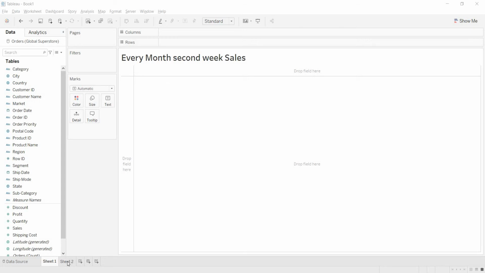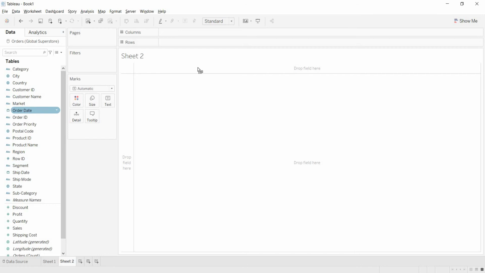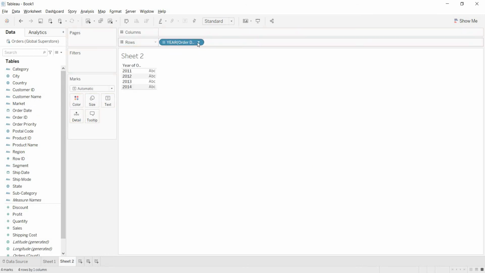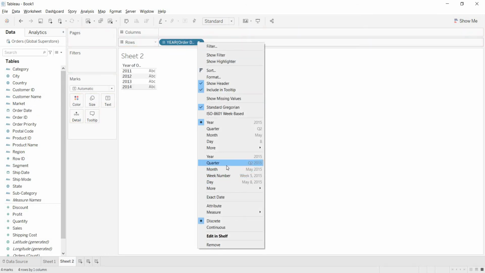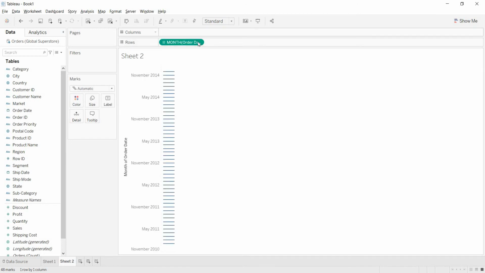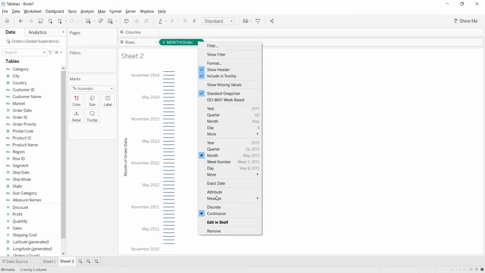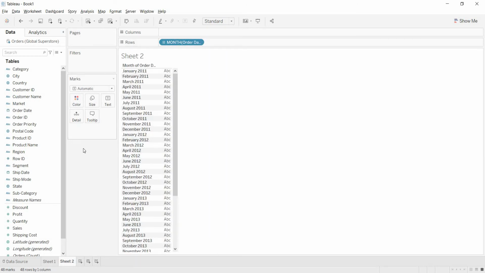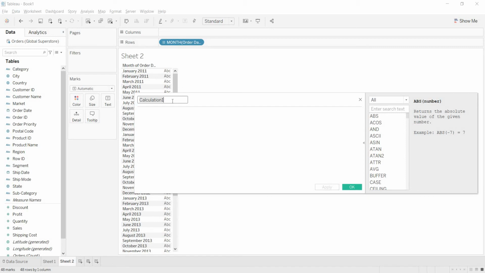Okay, let me open a new sheet. I am taking order date, month, and making it discrete. Now I am writing a calculated field, first naming it as month first.